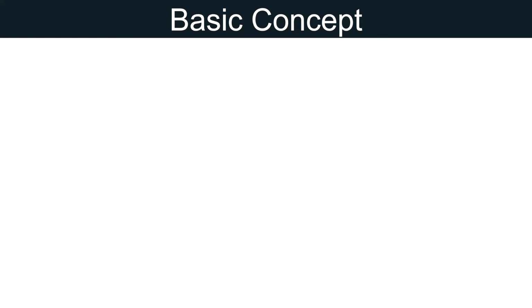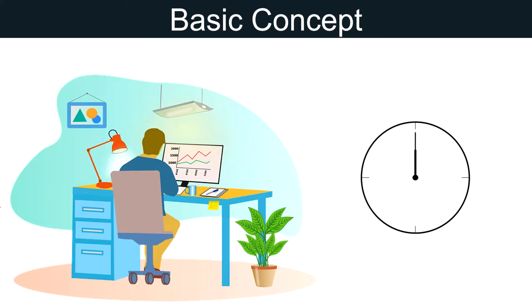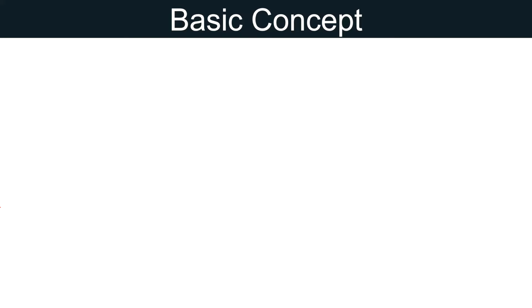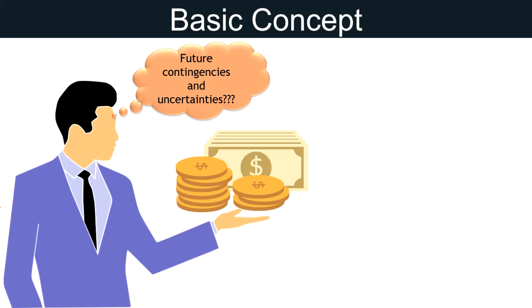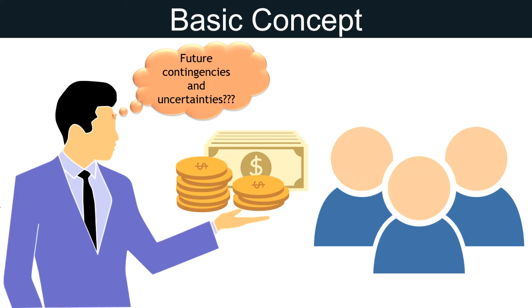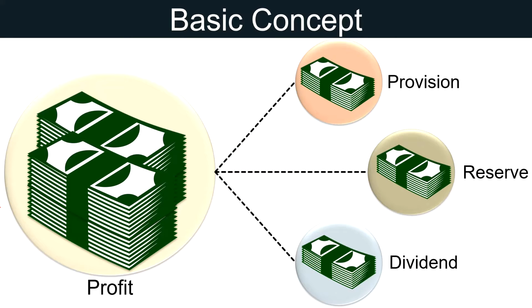As we always do, first of all we will understand the basic concept to know why provisions and reserves are created. So you might have heard about the going concern concept. It is based on the assumption that the business will be carried out for an indefinite period. Therefore, at the end of each accounting period, the firm should take into account the future contingencies and requirements of funds before determining the amount of net profit available for the distribution among the owners. Hence, for this purpose, provisions and reserves are created to keep aside a certain sum out of the current earnings.